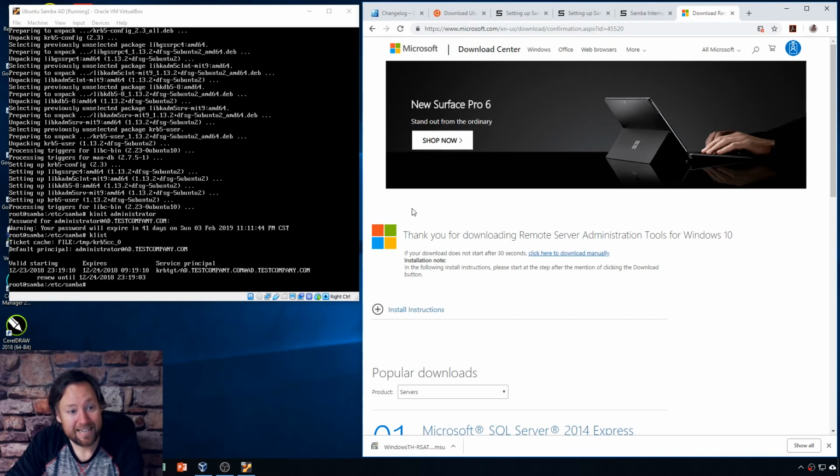So that is pretty much it. You can see it's pretty straightforward. If any of you know about the RSAT toolkit and how that works, basically at this point you would be ready to use that administrator account and administrator password that you set up, and you could join the computer to it. Let's just see what happens here. I think you have to have the computer joined to the domain in order to administer the